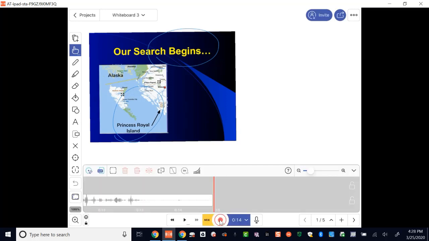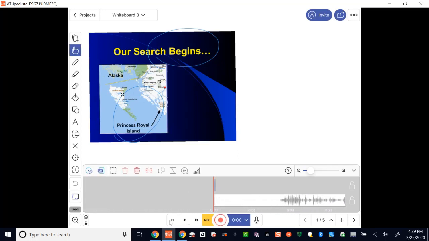If at any time you need to re-record, you will use the rewind button or simply drag your finger across the timeline, and then you can delete from the beginning. This is if you have a lot of items on your screen and you want to start all the way fresh, okay? Or you can simply tap and hold on the item here in the timeline that you want to